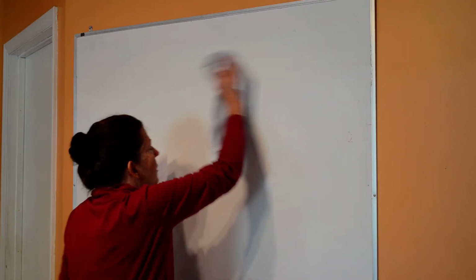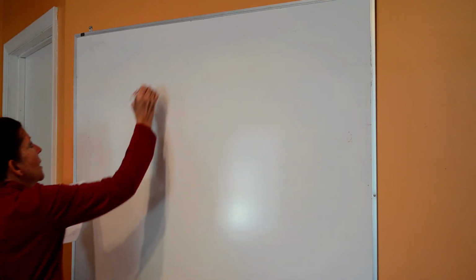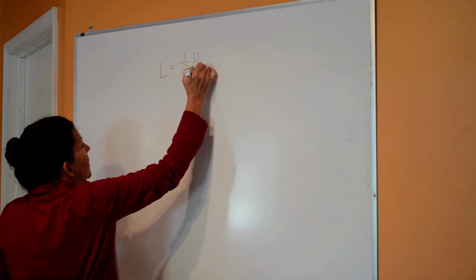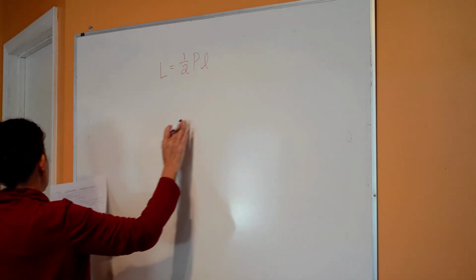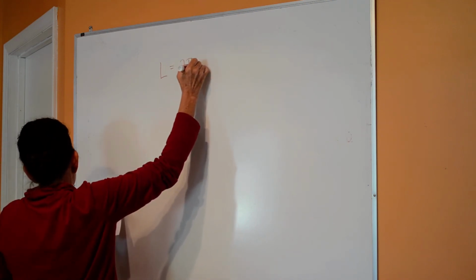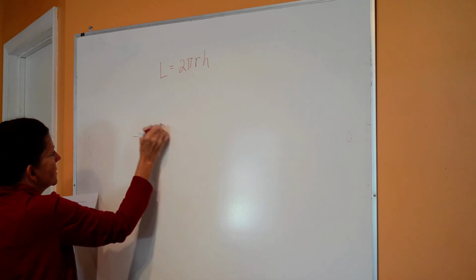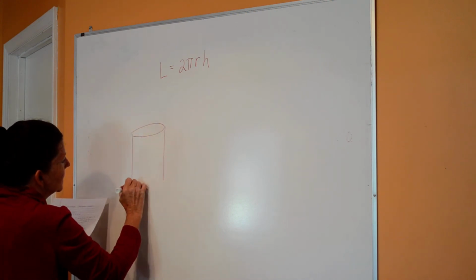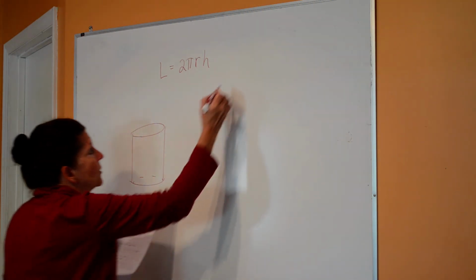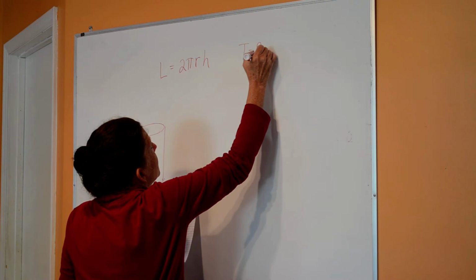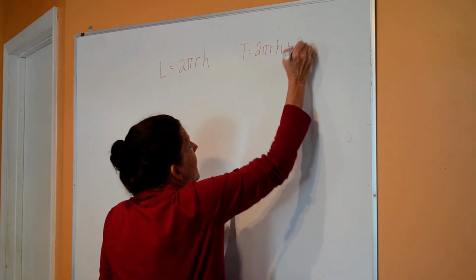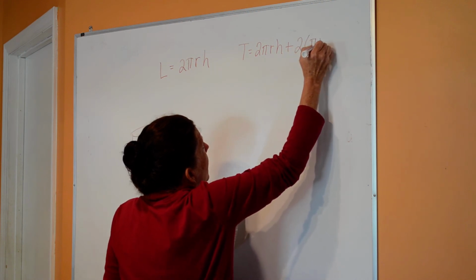Again, you have lateral area and you have total surface area. The lateral area of a cylinder is 2 times pi times r times h, because remember it's the circumference of one of the bases times the height. Okay, now that's lateral area, that's not total surface area. Total surface area would be 2 times pi times r times h plus the 2 bases, which have pi r